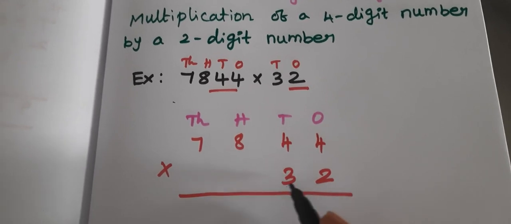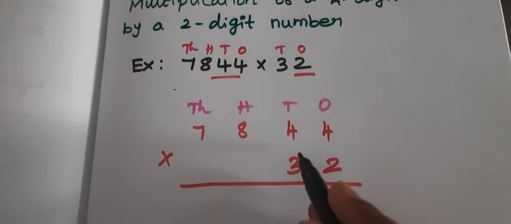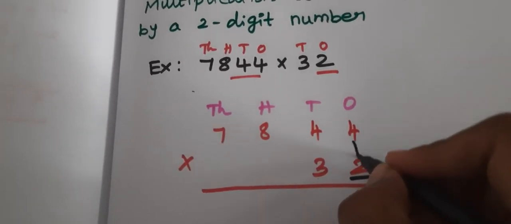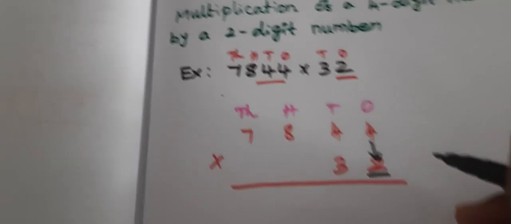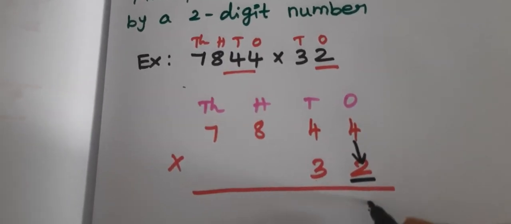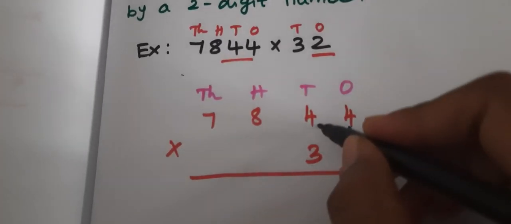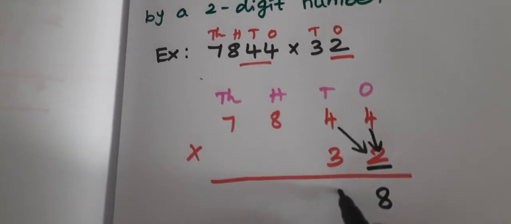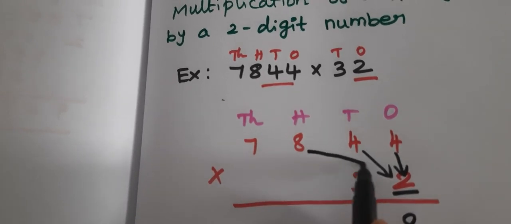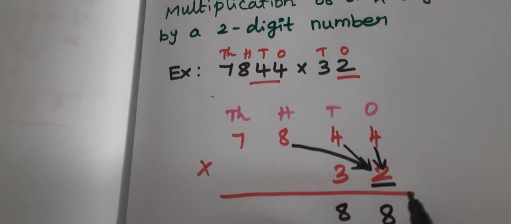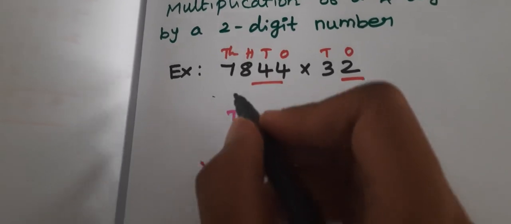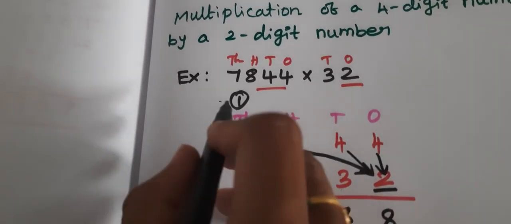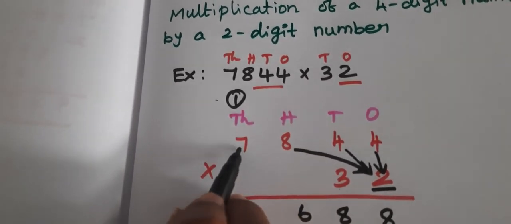Here it is a 4 digit multiplied by a 2 digit number. First you have to take the first digit of the multiplier: multiply 4 into 2, it's 8. Again you have to multiply with 2 only: 4 into 2, again it is 8. 8 into 2 is 16. 6 you have to write here, and 1 is a carryover, because after the 8 one more number is there, so 1 is considered a carryover for that number.